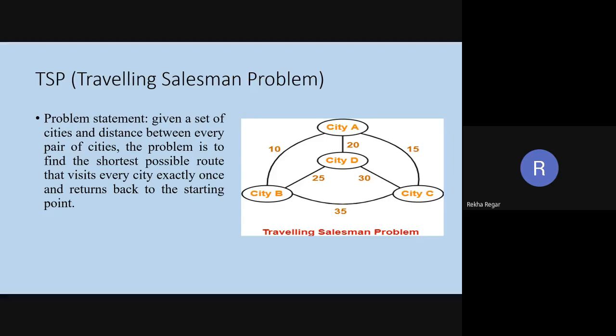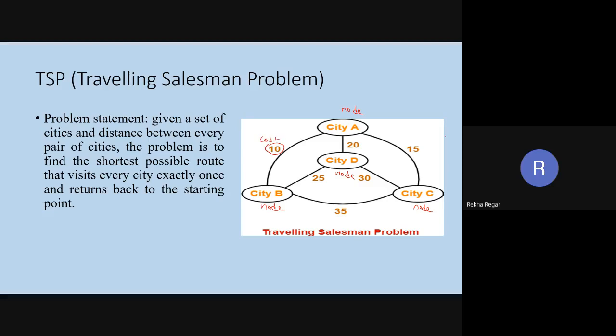You can see that this city is one node, this city is another node, and this is also another node.